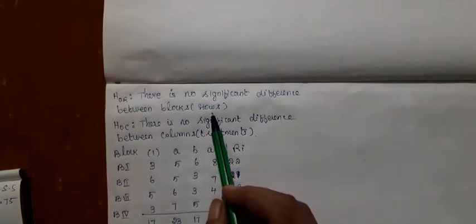To analyze this design, you should construct the null hypothesis for rows as there is no significant difference between blocks, that is rows. And for columns, there is no significant difference between treatments. Then you should bring the data into this two-way layout. That is, you should collect the values of 1 as 3, 6, 5, 3. So you collect for each and calculate the Ri values and Cj values. The grand total is 82.